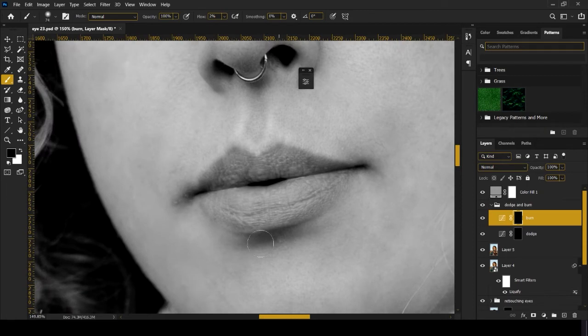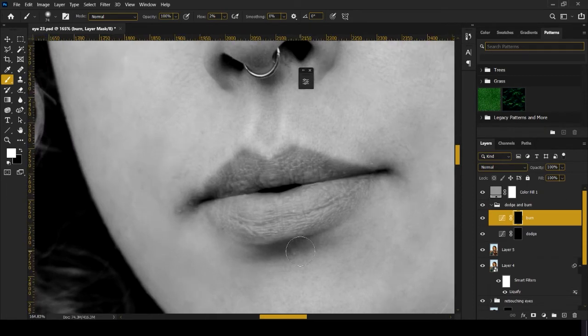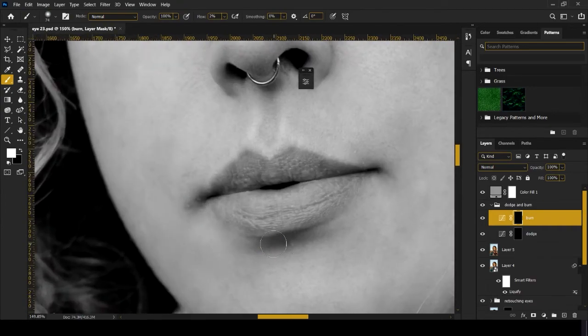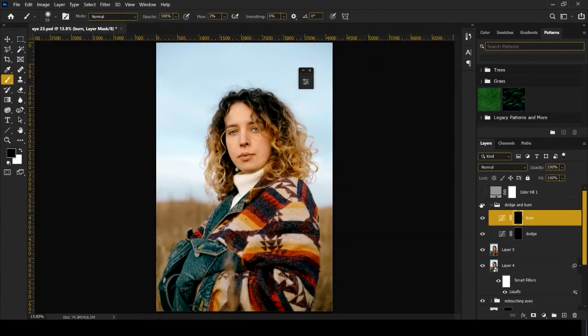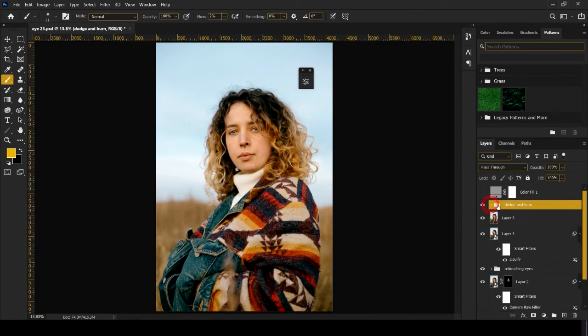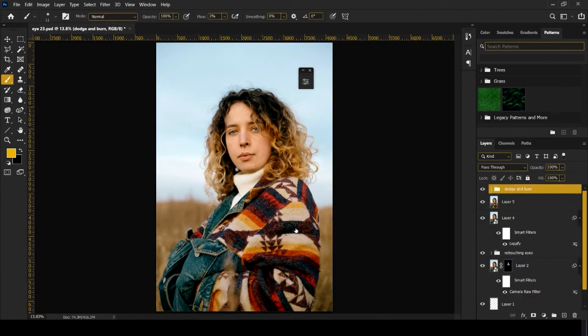In this area, why I am darkening it more? To give it a lift to the lip. Adding shadows to the lower lip gives it a depth, and adding highlights to the upper lip gives it a depth. This is before and this is after. Before, after.